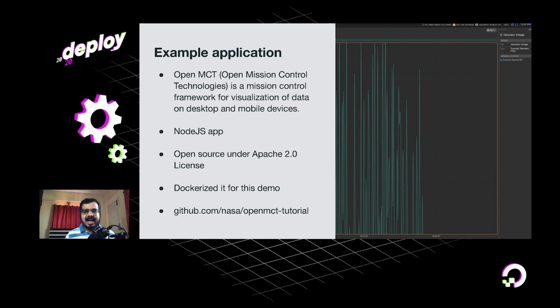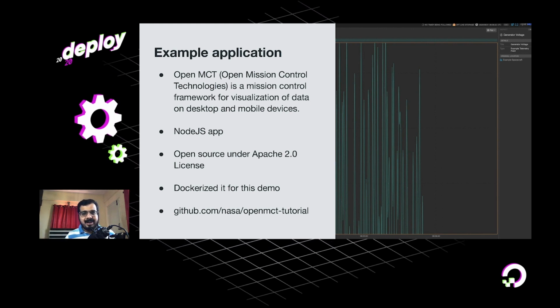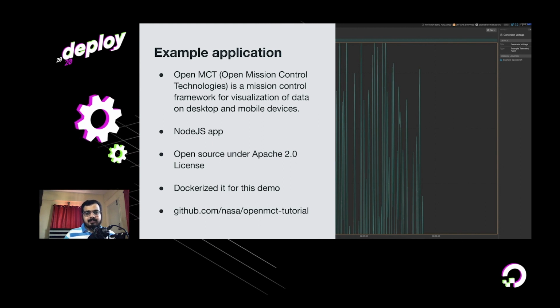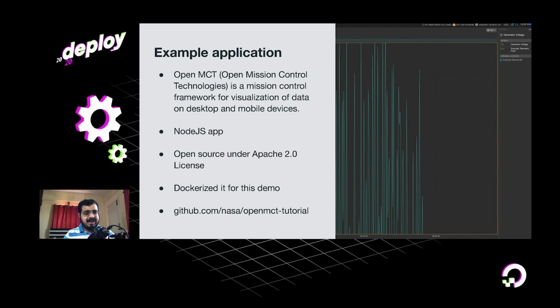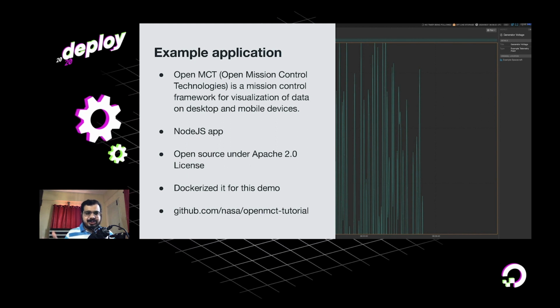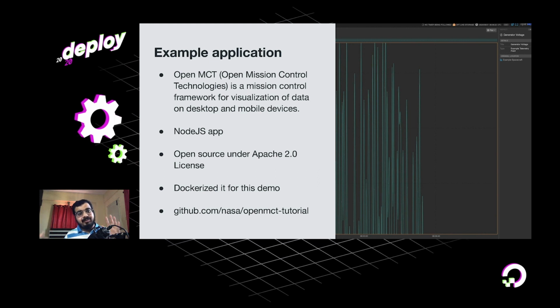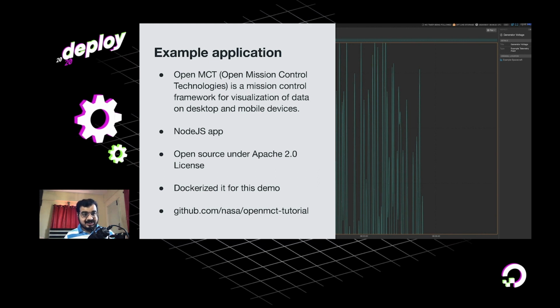It's a Node.js app, and it's open source under Apache 2.0 license, released by NASA. And for this specific demo and example, I have Dockerized it so that I can show you a little bit more about how builds happen and also make it easier for the deployment process as well.